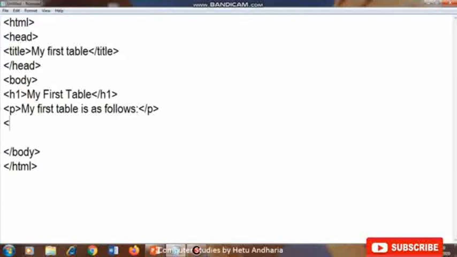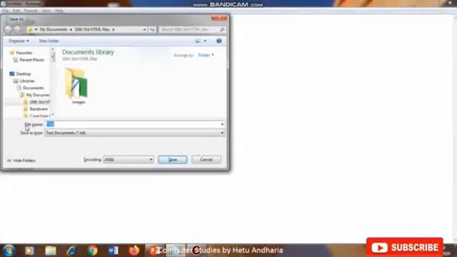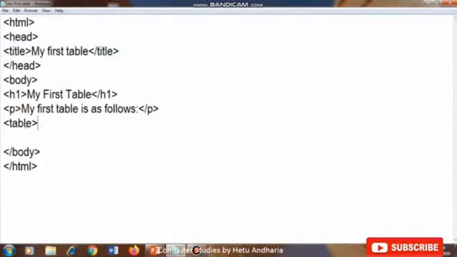To create a table, the tag which we need to use is table. Before I start the work, I will save the file. I will give the file name as my first table.html. Okay, now we continue.